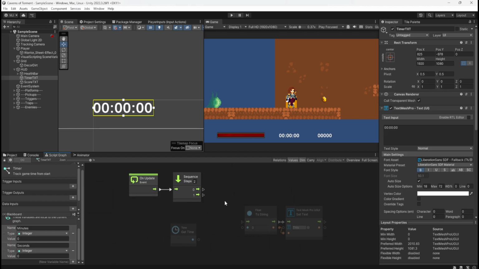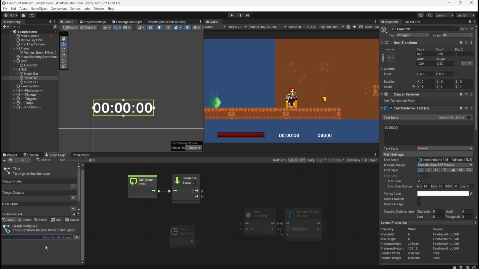Let's kind of go by what it's saying. So it's saying create a float variable to store the time. Let's just go with that. Create a float variable to store the time. So we'll call this time float.